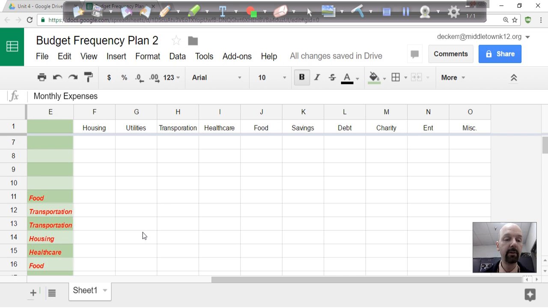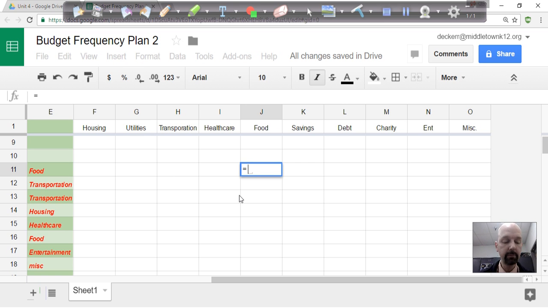Okay, next. I'm just scrolling down to the first categories. Here we got food, transportation. And all we need to do is type in the same formula for each one. And let me show you with the first one. We have the food category, so I'm going to go to food. Notice they have to match, food and food. So here I'm going to put